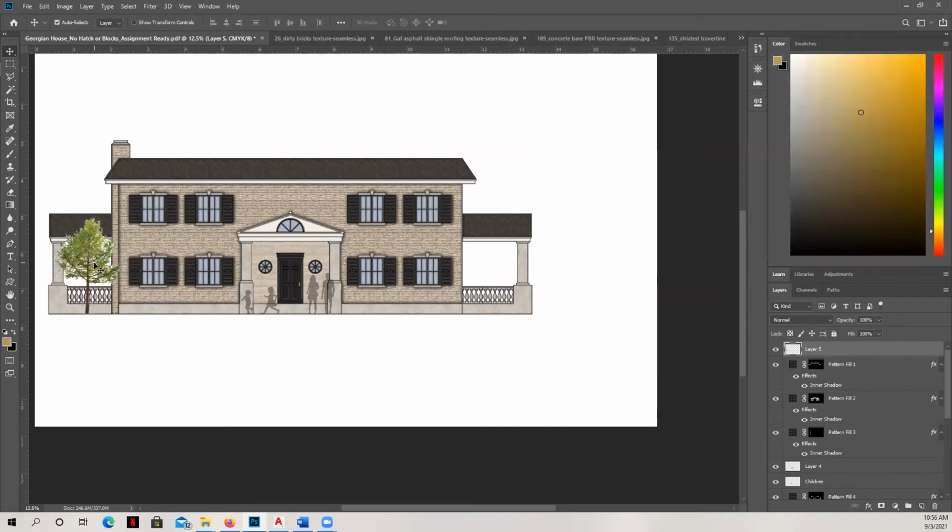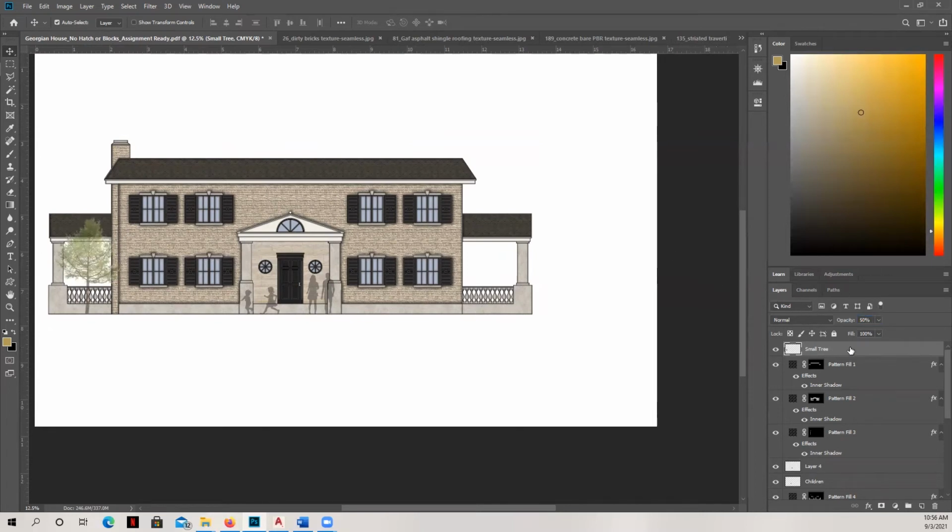Now you can see here, it looks like a bad ransom note because this is photorealistic and this is obviously digitally rendered. So we just want to make this go away. So I'm going to name my layer. I'm going to call this small tree. And then I'm going to bring the opacity down so that it adds a little bit of softness, but goes away. Okay.